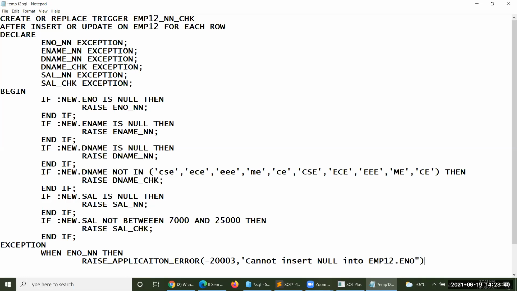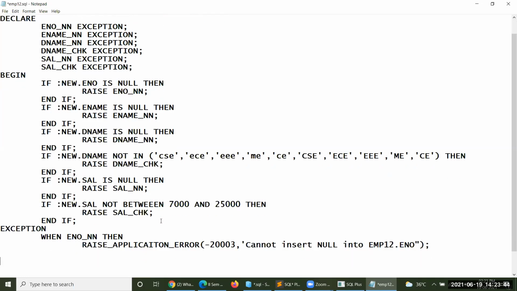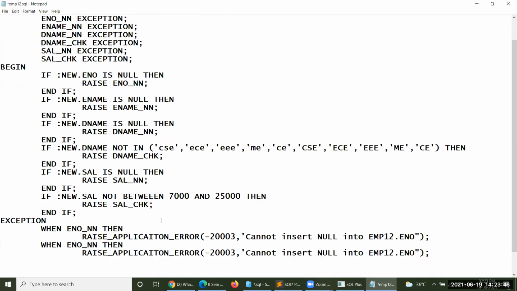Okay, so that is the error. Then second one, రెండో exception ఏంటి, second exception is employee number తర్వాత ename_nn. అంటే ఇది next one is cannot insert null into emp12.ename,